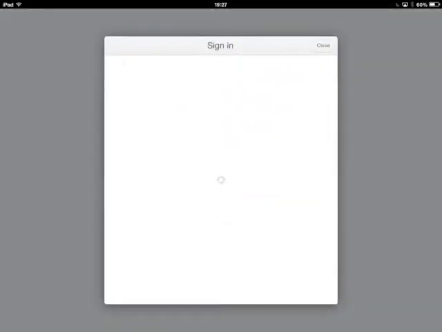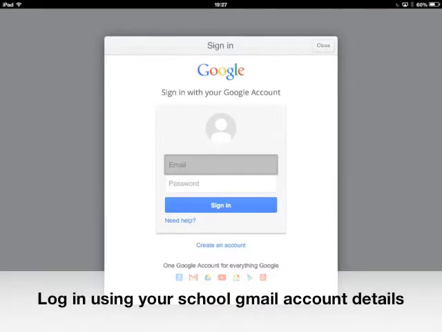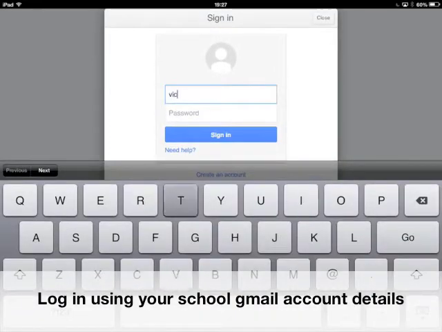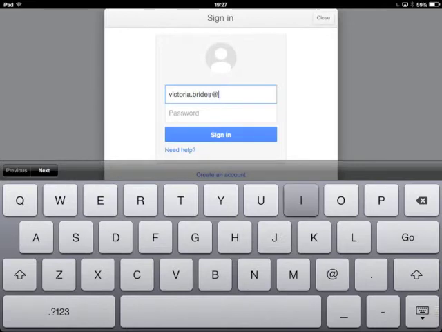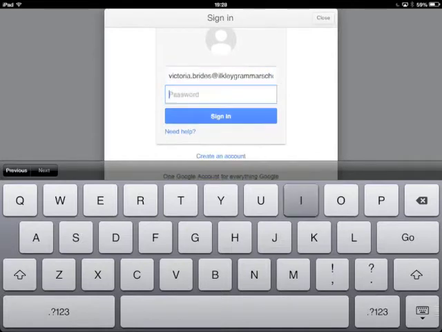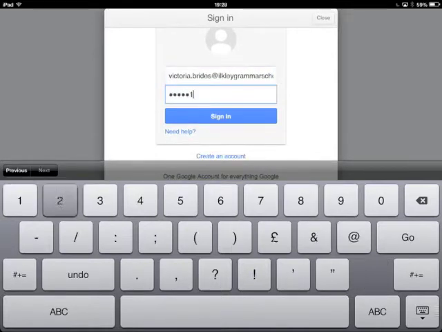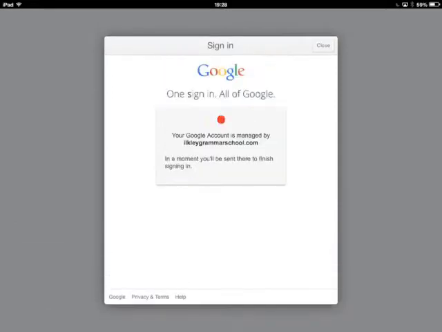So that is your username that you use to get onto the school computers at ilkleygrammar.school.com, and then type in your password. When you've entered your email and password, hit the sign in button and it will take you to the Real Smart